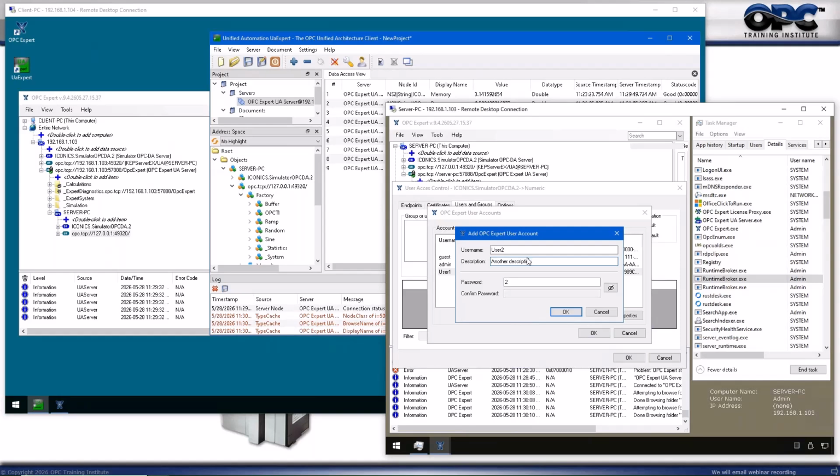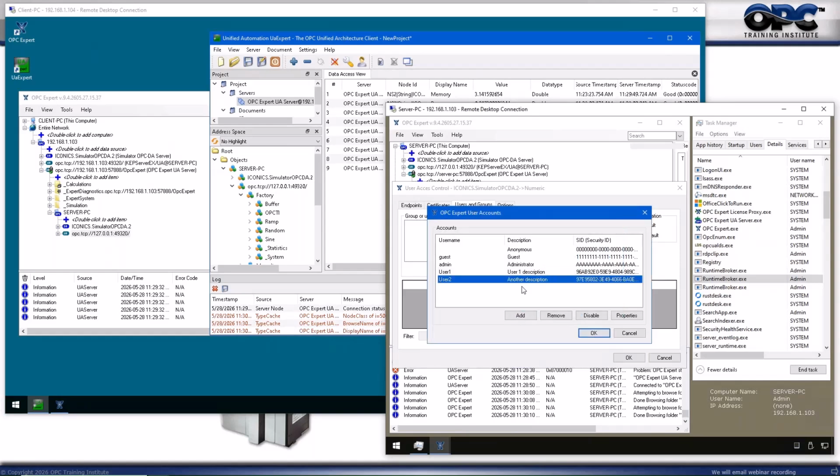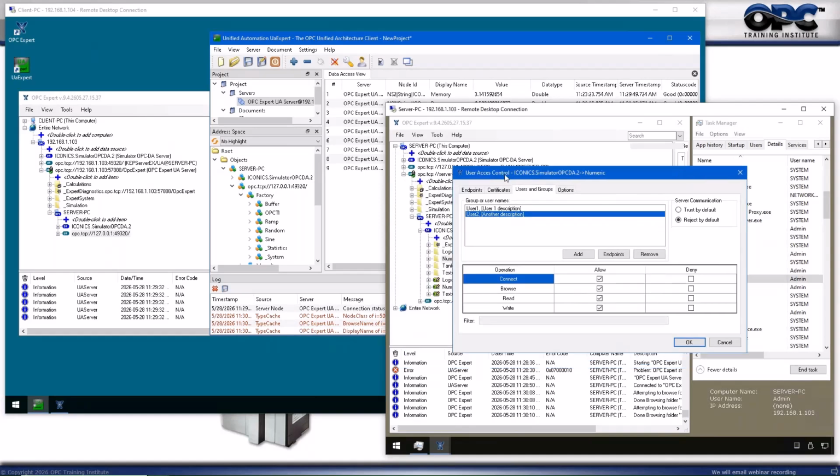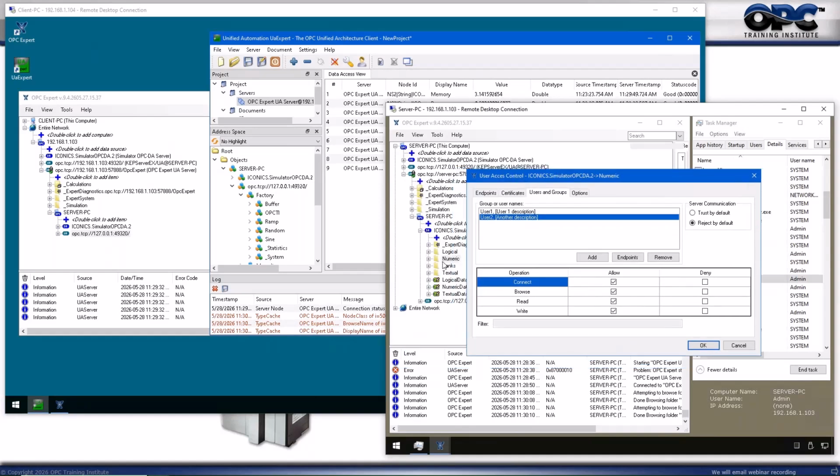So it's another description. Great. So you can see these user descriptions. You can see their SIDs, security IDs, and we will say, okay. So in fact, I'll check both of them. And remember what I'm saying now is that both user 1 and user 2 are going to get access to the numeric folder. Okay, so I'll say okay,